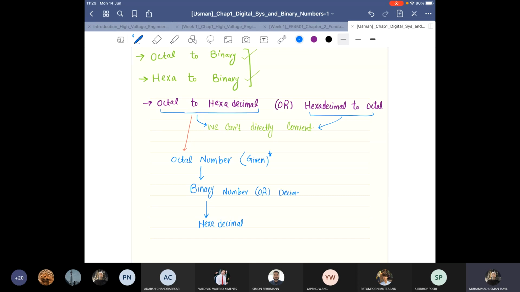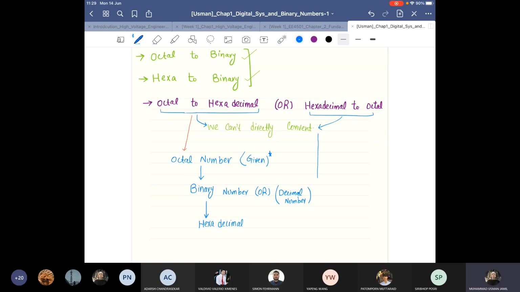It depends on you which method is easy, you like, so just use that one. When we have an octal number and we want to convert to hexadecimal, there is no direct way. So we have to convert the octal number to a binary number or decimal number. Then this decimal number we can convert to hexadecimal.